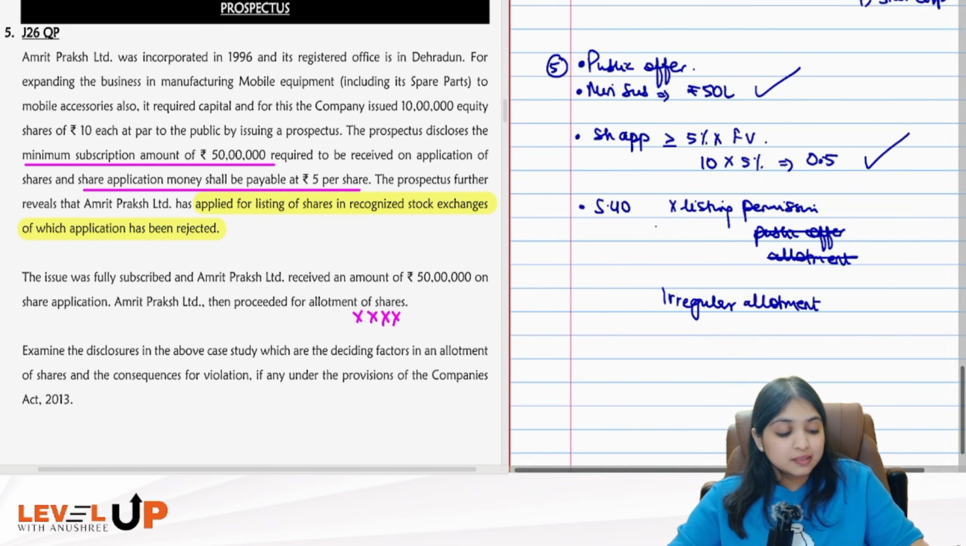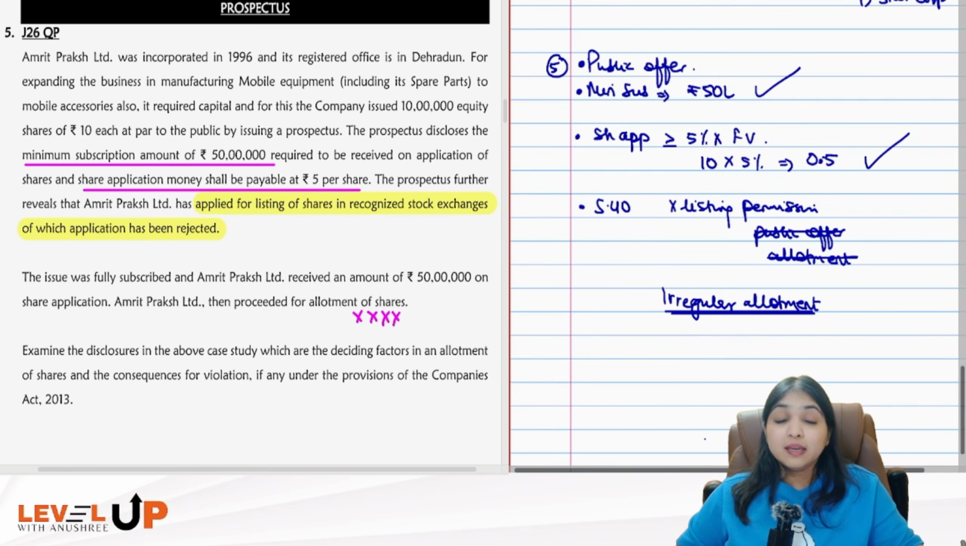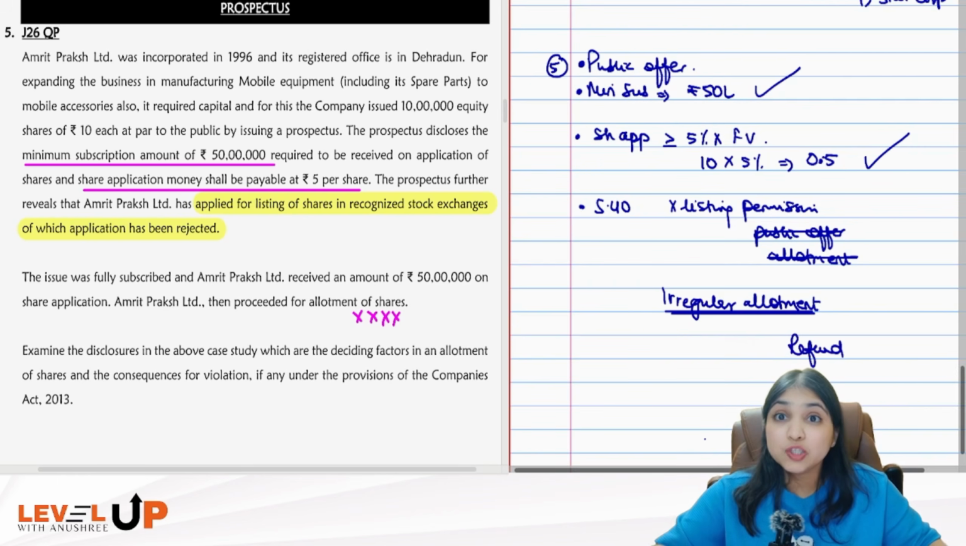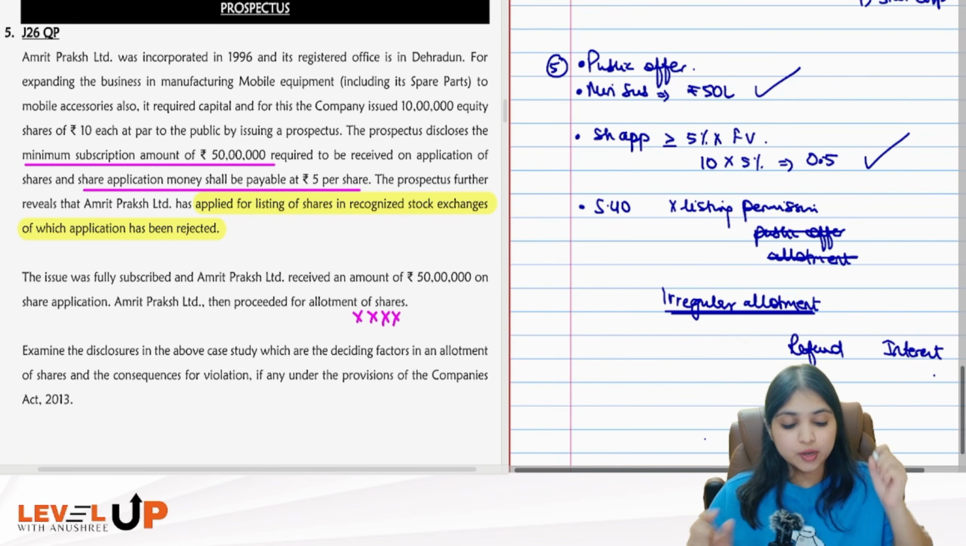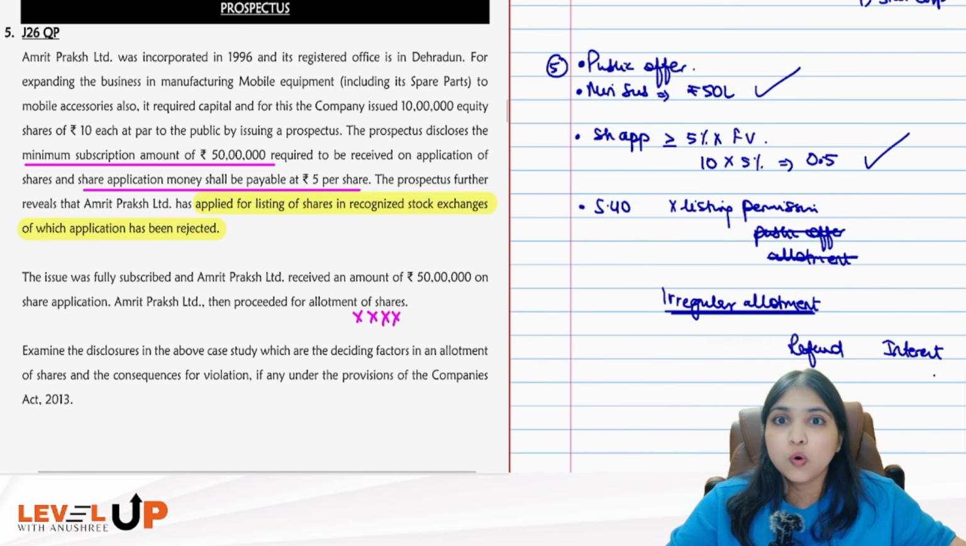So the company's allotment is going to be an irregular allotment. It will be invalid. It will become void. Then the company will have to refund the money. If the company does not refund the money on time, the company will also have to pay interest. Okay, so this is a broad overview of the question, but we don't always go on the basis of the